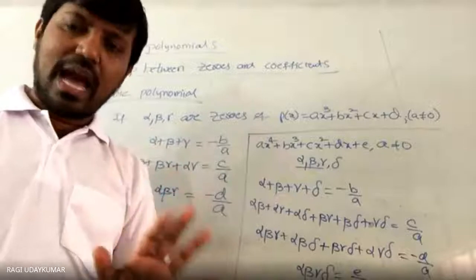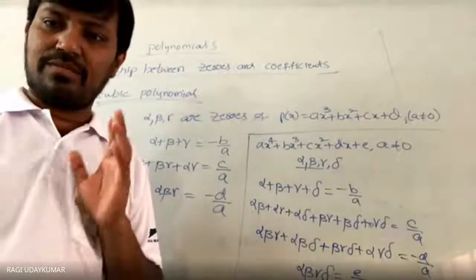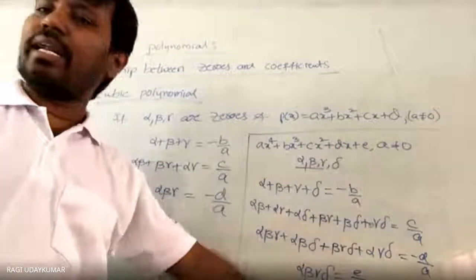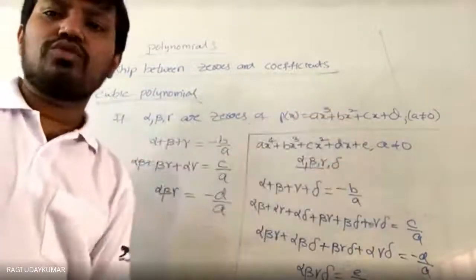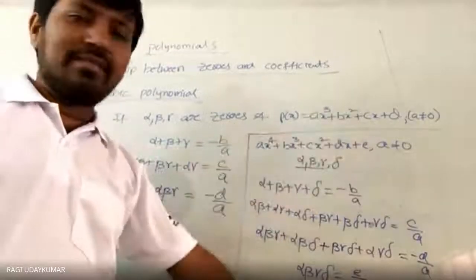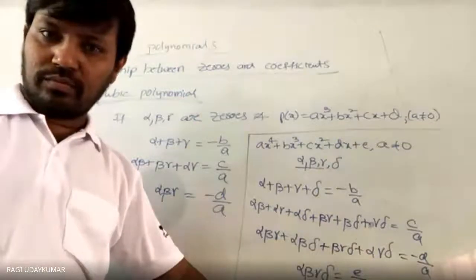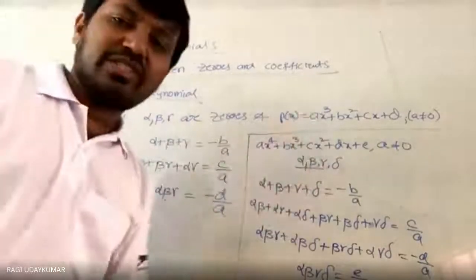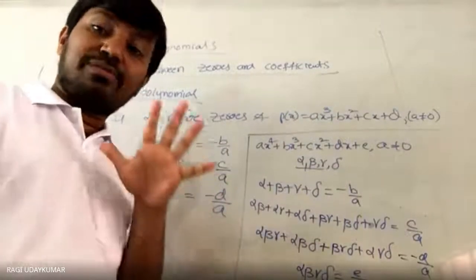This is not in the textbook, do not get too confused. If you are getting confused, you can omit this part. This is not there in your textbook. I am just giving it to you, as some of the students may get interested to learn extra, so I have given you this. Understood? This is extra. You only need to understand this and remember this, as this will be in the textbook. And some of the zeros like this, if you are interested, I am expecting you to do the 5th degree polynomial with this kind of combination.